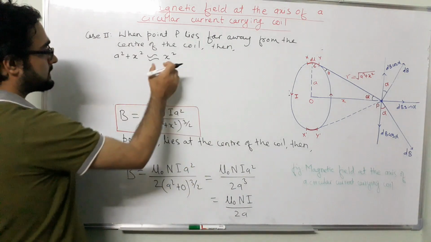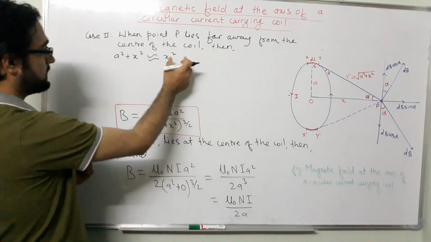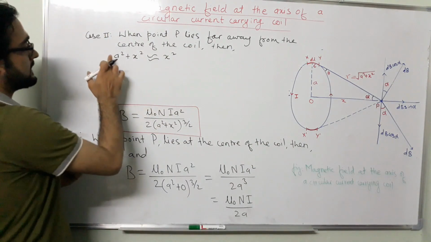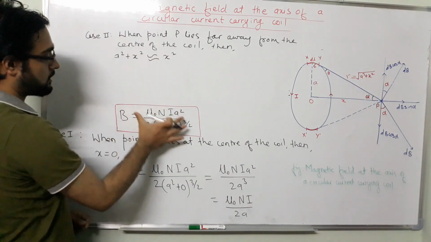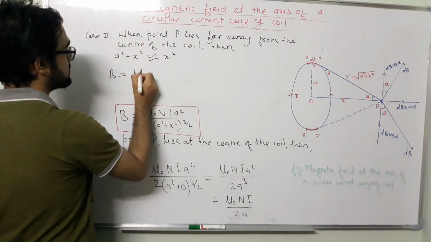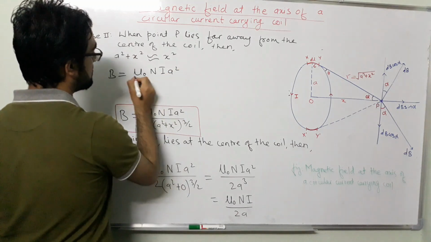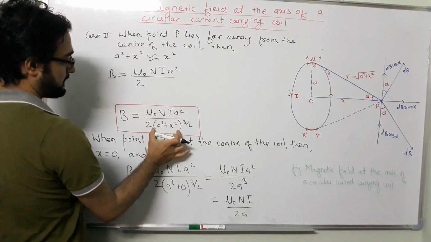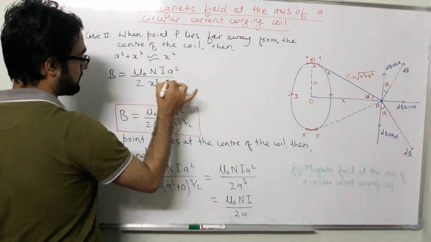That's why in that case, in comparison to the distance between the center of the coil and point P, the radius of this circular coil becomes negligible. That's why we take a square plus x square nearly equal to x square. Now using this term in this equation, we get B is equal to mu naught n I a square divided by 2. We just put x square in place of a square plus x square, and that's why x square to the power 3 by 2,